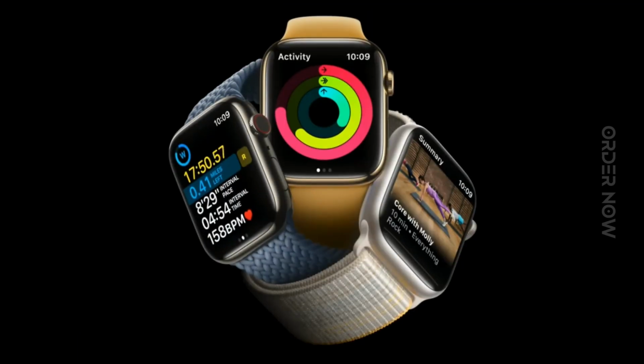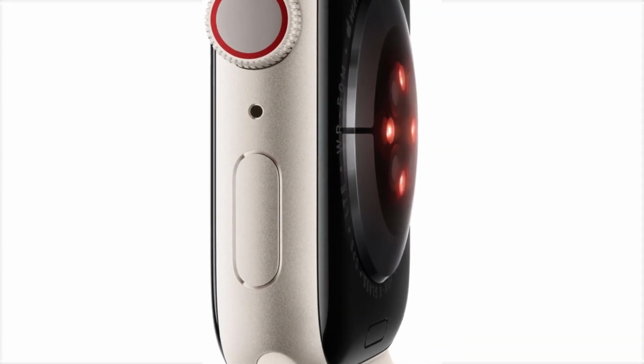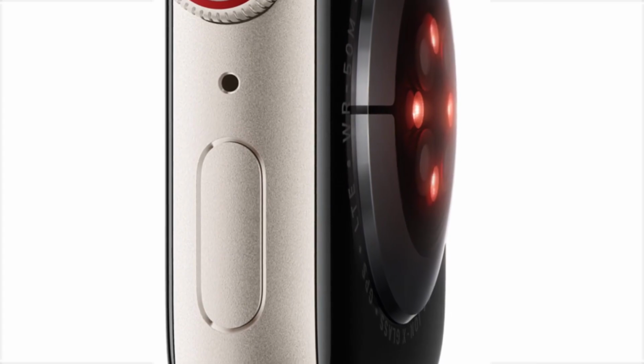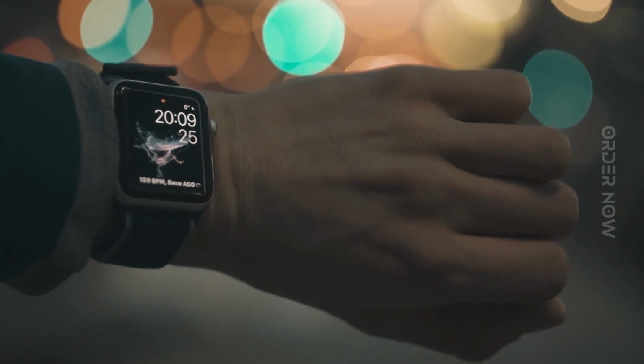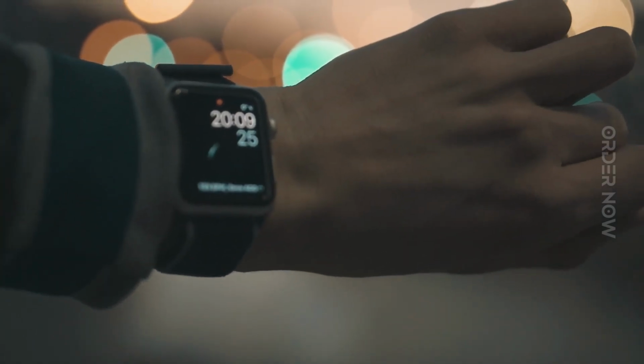The more informed you are about your health, the more empowered you are to affect it. Advanced health sensors in Apple Watch Series 8 provide insights to help you better understand your health. Temperature sensing. Understand your cycle like never before. Apple Watch Series 8 has an innovative sensor that tracks your temperature while you sleep, so you can see changes